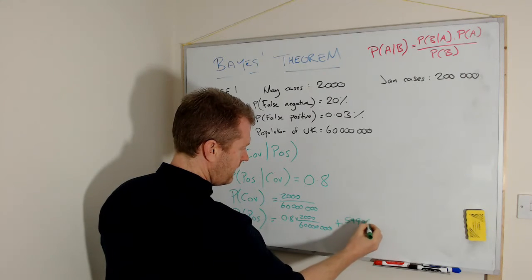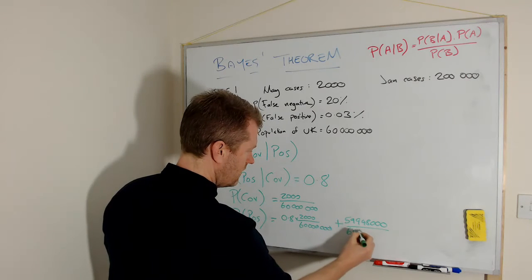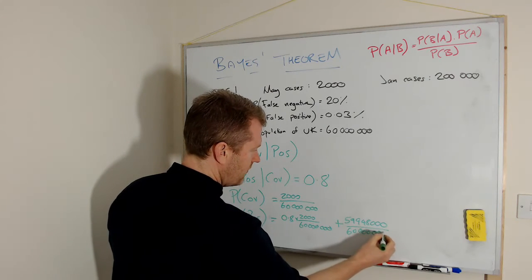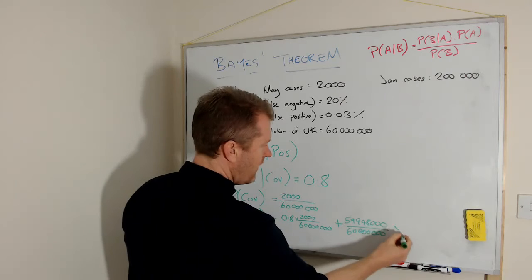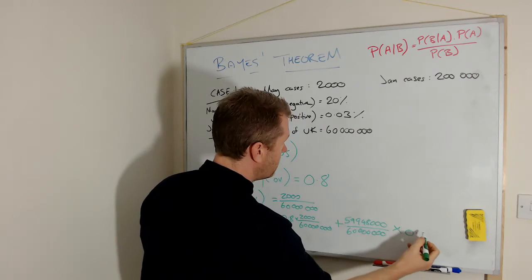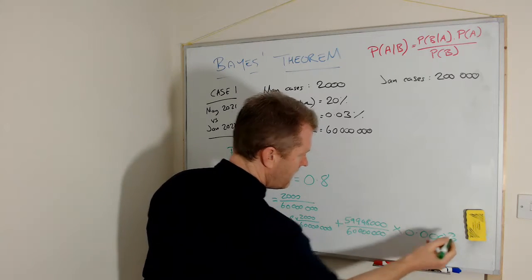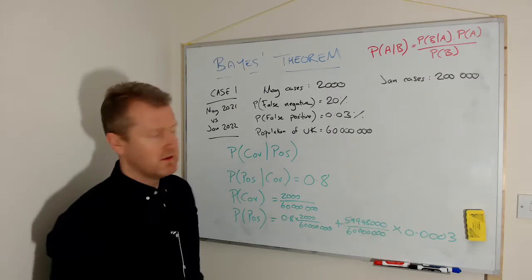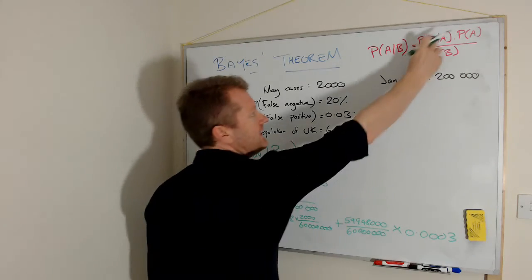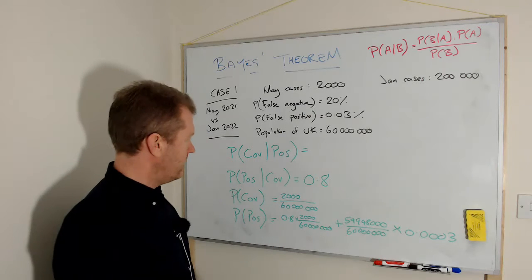What is that? Not enough zeros yet. So that's the probability you don't have COVID, but you still get a positive result. Well, the probability of that happening was 0.03%. That's percent, so it's 0.0003. Okay. Right, so now we've got this, and this here, so we can put it into this formula, and this gives us